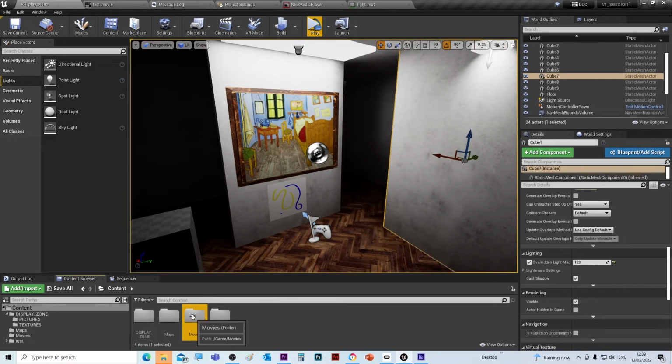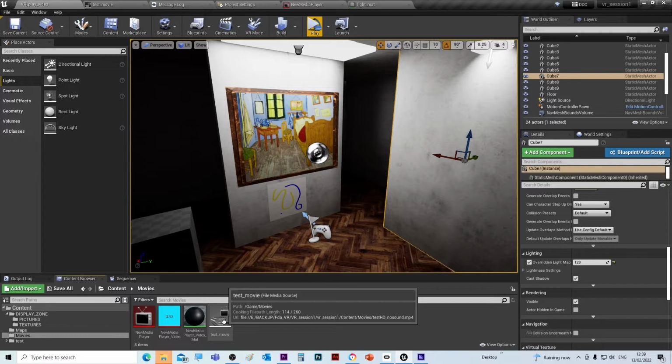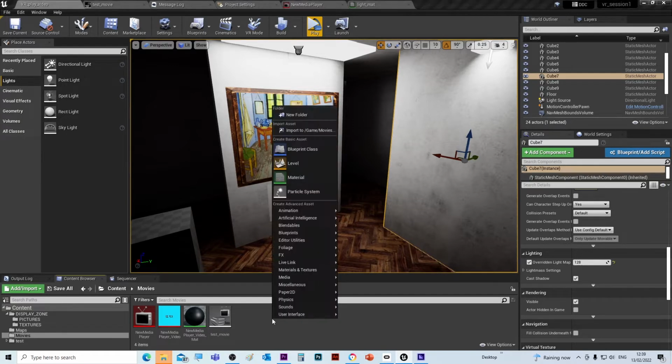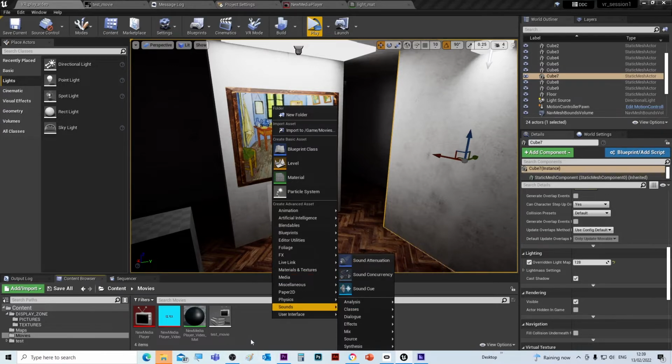Okay, so open up the movies folder. And as you can see, I've got a number of elements inside here, and I'll go through them one by one. The first thing that we need is a file media source component. So you create that by, if you right click in the content browser inside the folder, go to media, and then you select the file media source. So if I open that up,